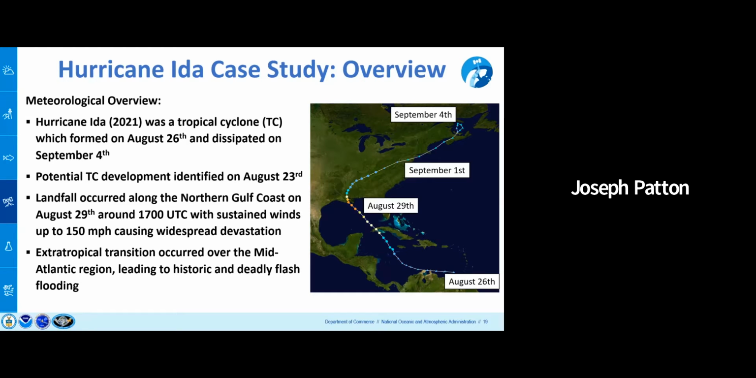Potential tropical cyclone development was identified as early as August 23rd by the National Hurricane Center. And this storm was particularly well forecast to move straight up into the Gulf, where unfortunately it caused widespread devastation during landfall, which happened around 17Z on the 29th, with sustained winds up to 150 miles per hour. So hundreds of thousands of people were without power. And there were also tornadoes observed especially in the outer bands of the storm, as is common with landfall and